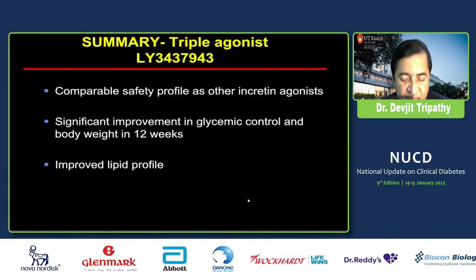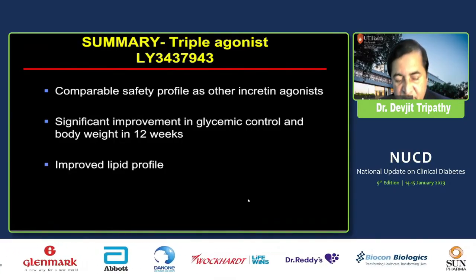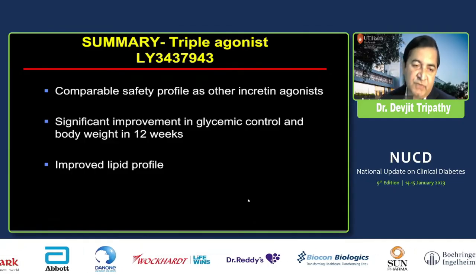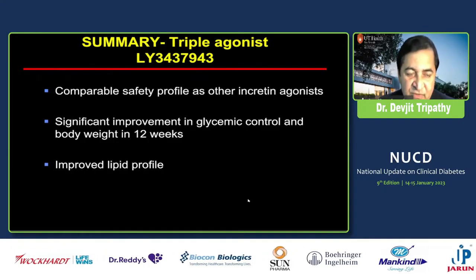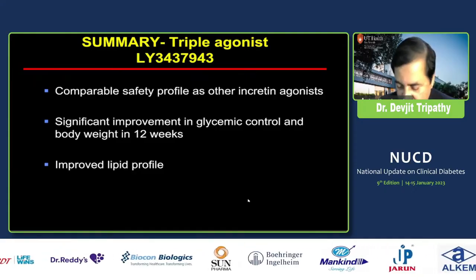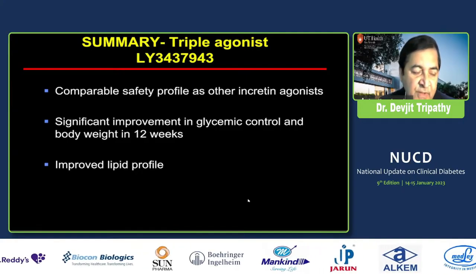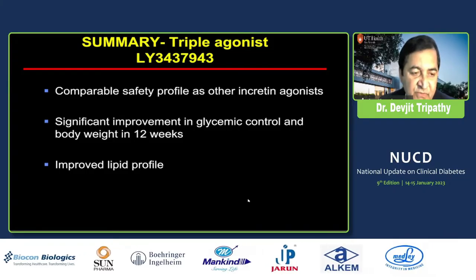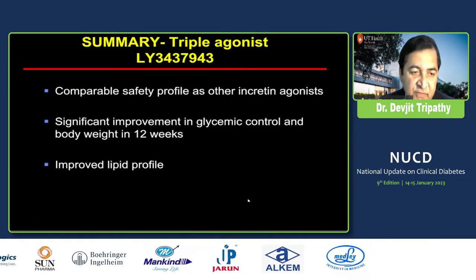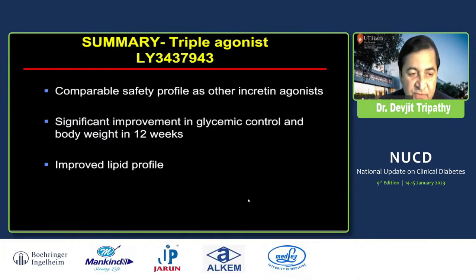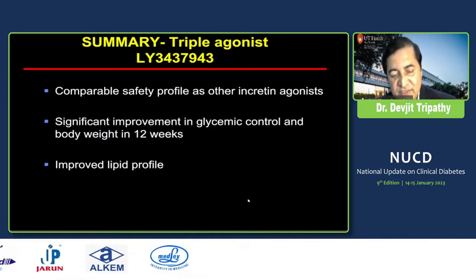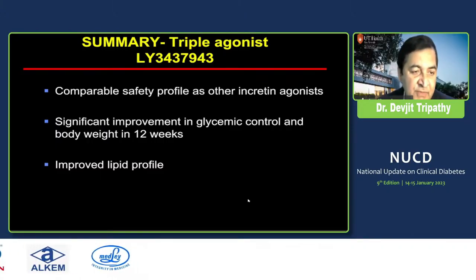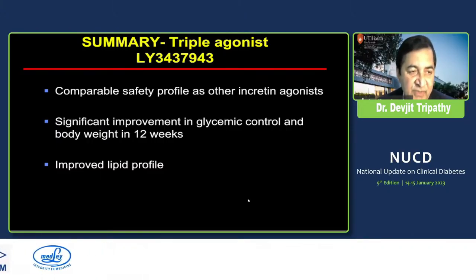The rationale for development of this drug is that even with a highly potent drug like tirzepatide, about 12% of patients in all the SURPASS trials did not achieve control. So there is room for development of other drugs. Not all drugs will be good for everyone. That's the rationale for developing other drugs, because 10 to 12% do not respond to even a potent drug like tirzepatide. Although tirzepatide was shown to be effective regardless of the duration of diabetes, the baseline A1C, or the baseline C-peptide level, still there are patients who will not respond to tirzepatide. Maybe in those patients, one may try this triple agonist.